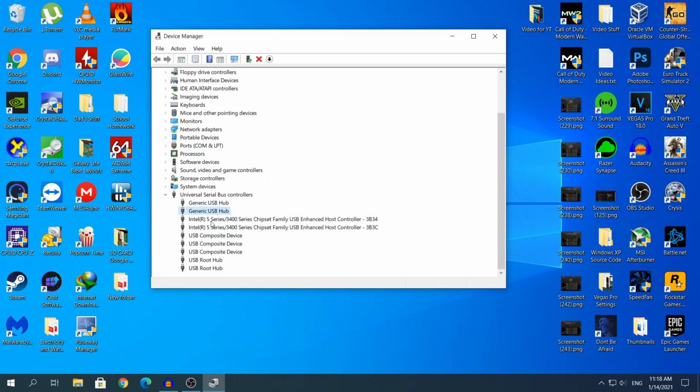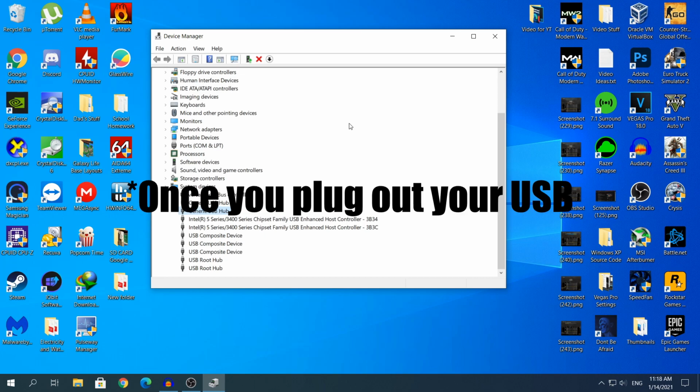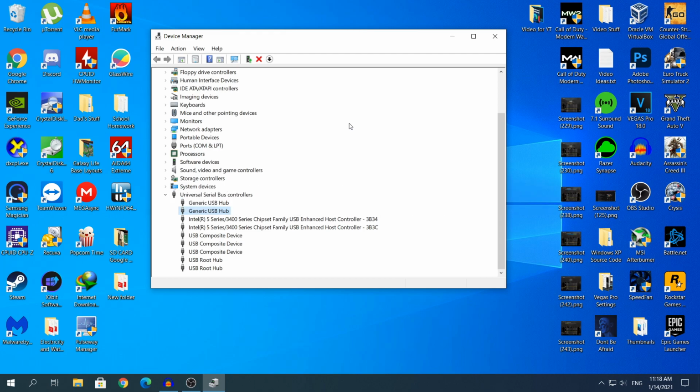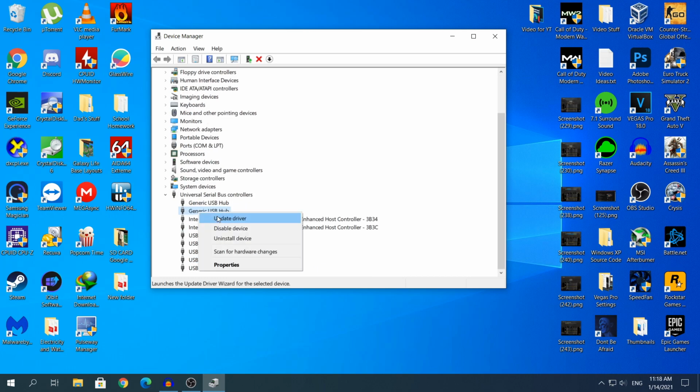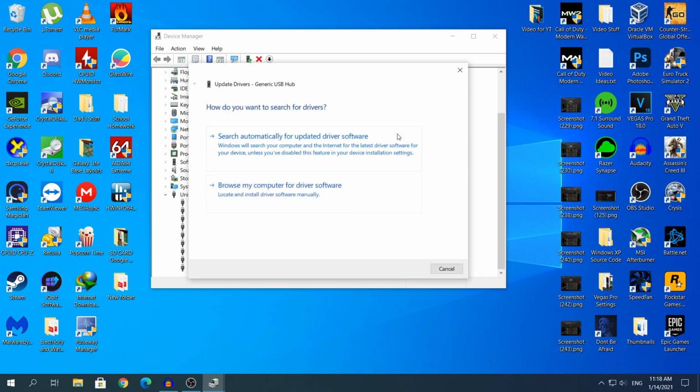And once you do that, the driver will disappear, but do not worry, it will reappear again once you unplug your computer and plug it back in and you refresh Device Manager, and it will automatically pop up again. If you see that the little triangle is still there, you can right click the driver again, click Update Driver, and then click the first one that says Search automatically for updated driver software. This one works the best, so try that first if you want, and it should hopefully fix the issue.